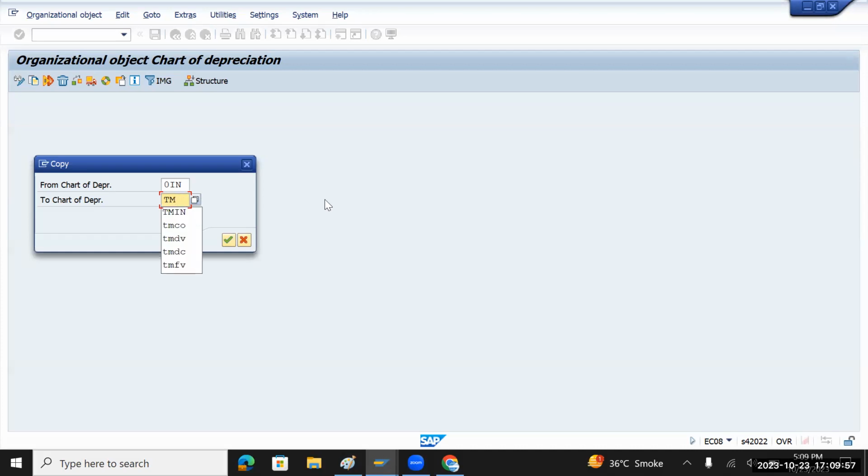Tata Motors India also, but just to avoid using the same terminology everywhere, I'm trying to use different terms. Tata Motors CD, because if you see TMIN everywhere, you might get confused. For the same reason, I am trying to keep a separate naming convention wherever possible. So TMCD is something related to Tata Motors, or maybe I can put for India TMCI, Tata Motors chart of depreciation India. Copy this,